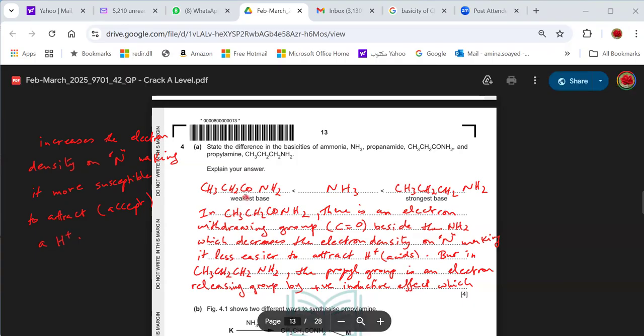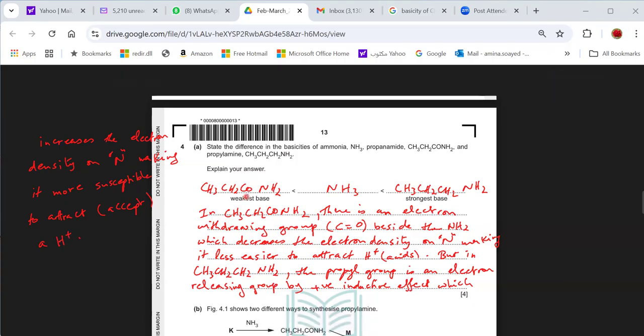So as we see here, the CO group is an electron withdrawing group, and so it will withdraw electrons away from the nitrogen, and so the nitrogen will have a deficiency of electrons. When compared to ammonia, which has its lone pair of electrons present on the nitrogen, in propanamide the electrons are withdrawn from the nitrogen, so the electron density on the nitrogen will be lower than in the case of ammonia,